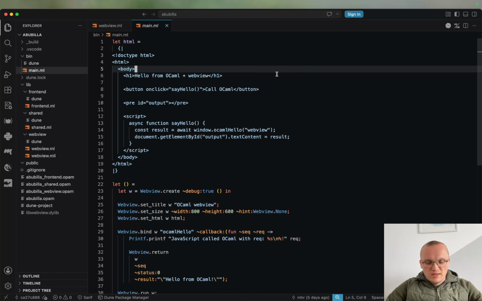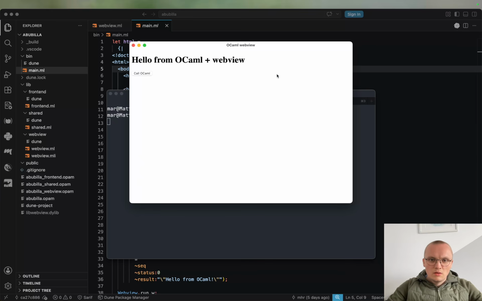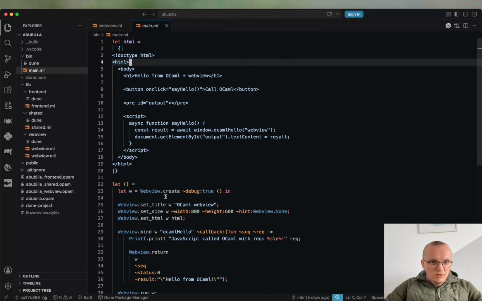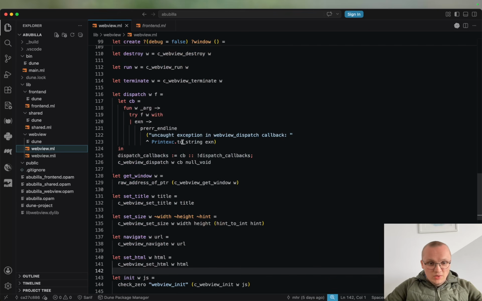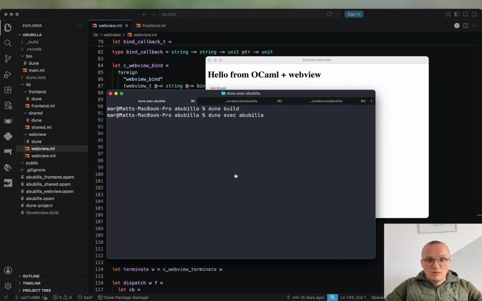So if we want to run this, I think we can build. You can do dune exec and then the package name. And here we have our web view, just like that. So it's less than 40 lines of code here, and then the web view, which is literally just the binding to the C code. So if we get the terminal back,